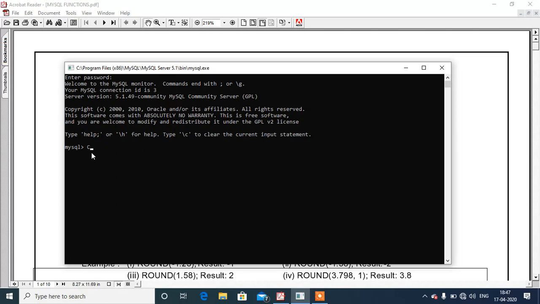So I am writing create database APS and then semicolon, press enter key, database is created, and to use it you have to write use APS. Now the database is changed, that means you can use this database now.